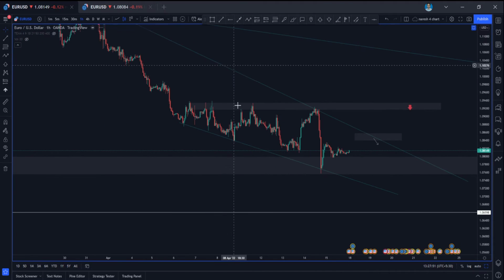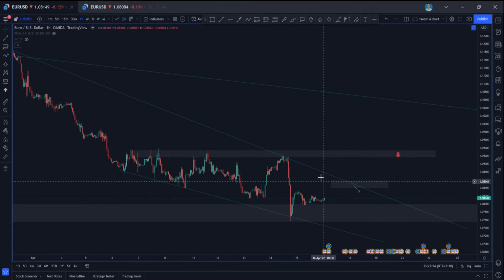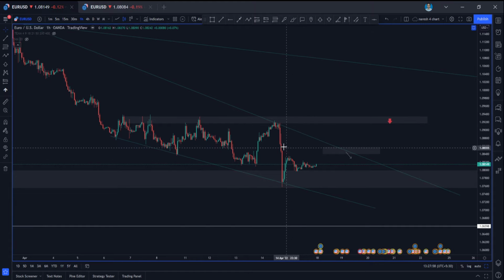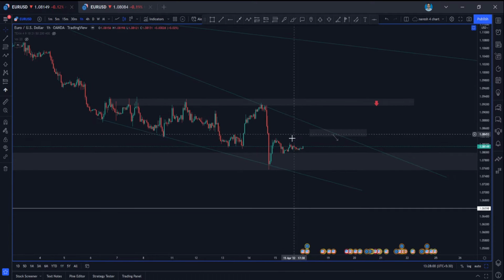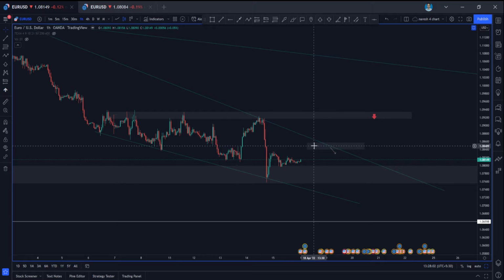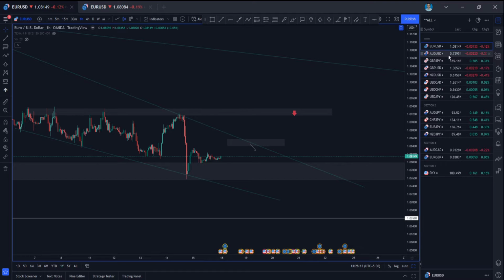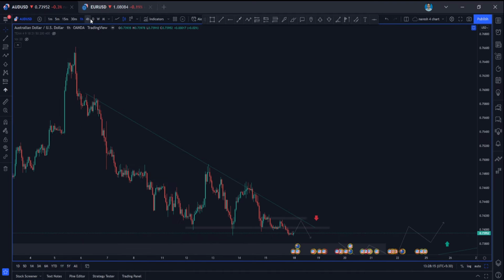If we drop into the 1 hour time frame also, we can clearly see the bearish momentum here. So if the price is coming to this level again, which is a 50% and 60% retracement level as well, and if it is holding and making a bearish engulfing, you can go for short entries here. So let's open up AUDUSD, guys.